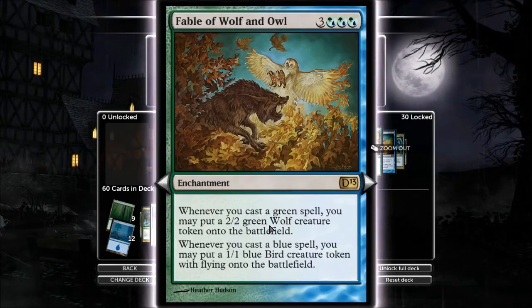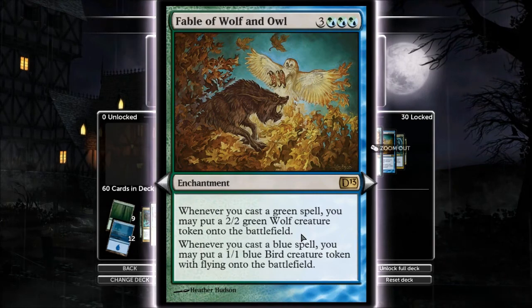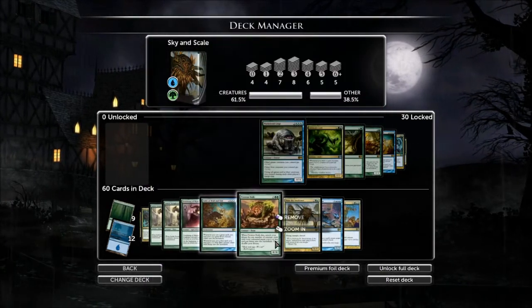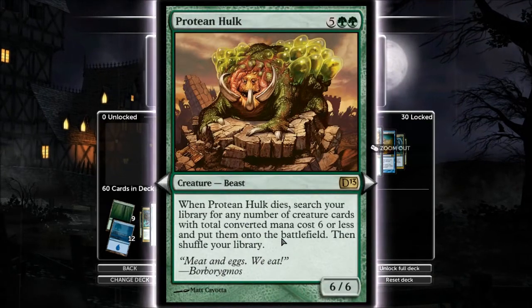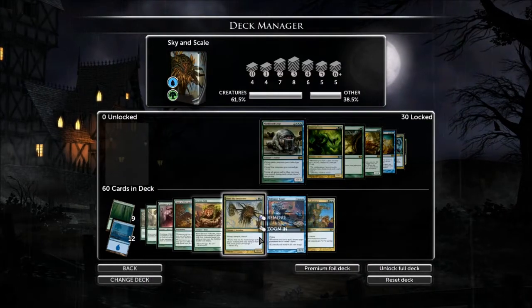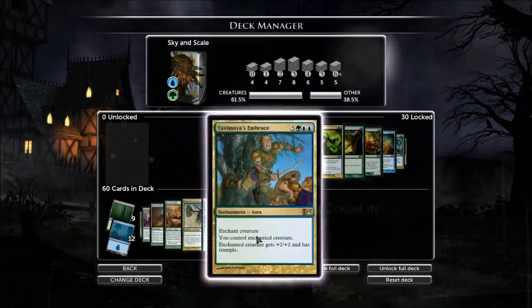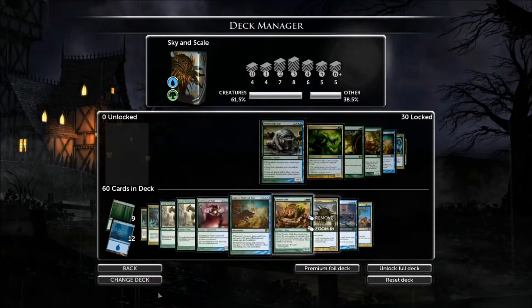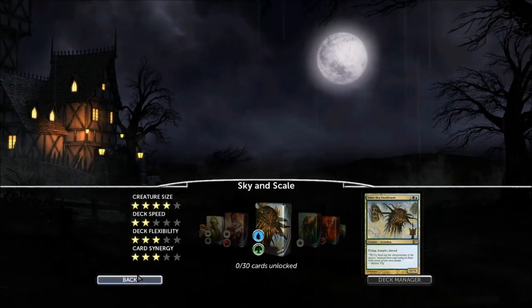Fabled Alpha Wolf. It's an interesting enchantment. You get a bunch of tokens. Protein Hawk. I wonder if there's any kind of combos you can do with this guy in the deck. And then you got a Tide Spot, Tyrant, and Yavimaya's Embrace. So, I'm going to start with this deck just because it's interesting. So what we're going to do,